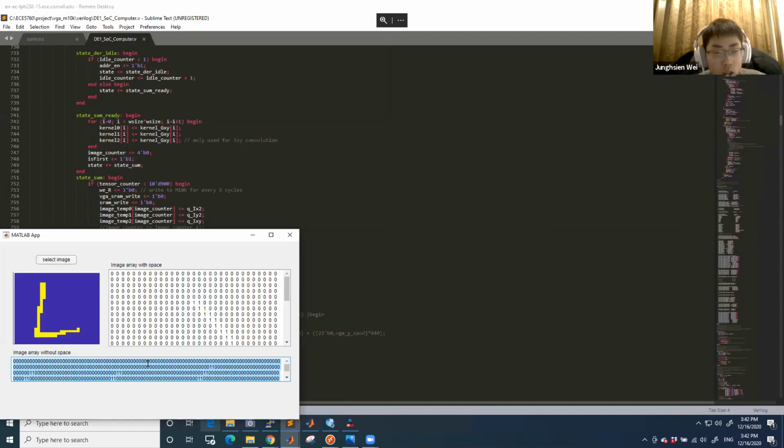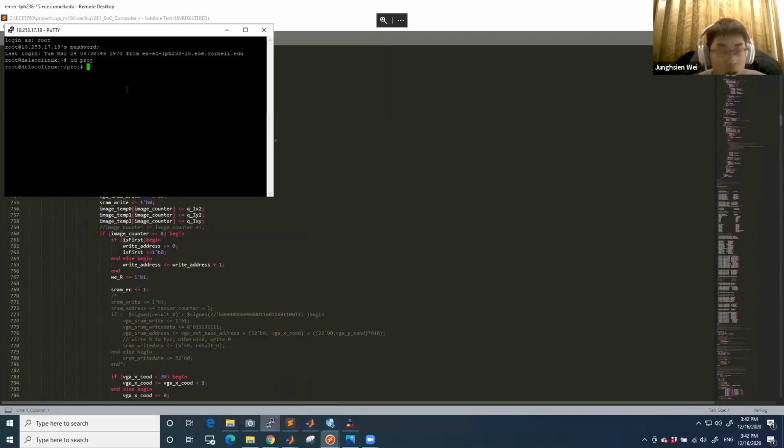So it will return the image array. So when we start our program,